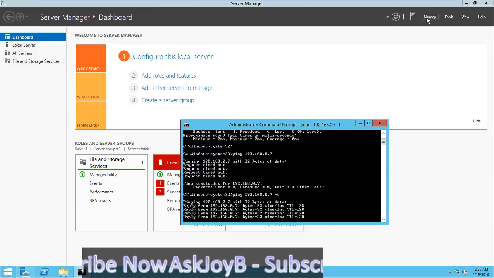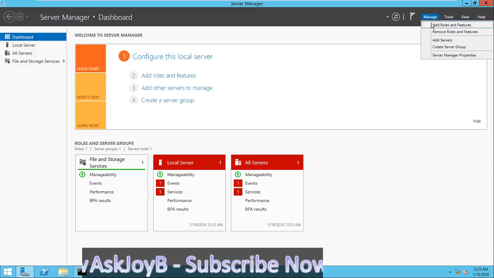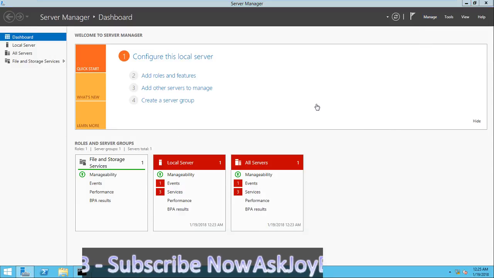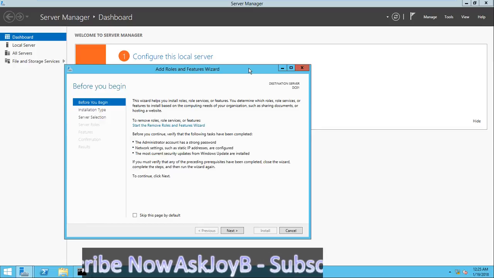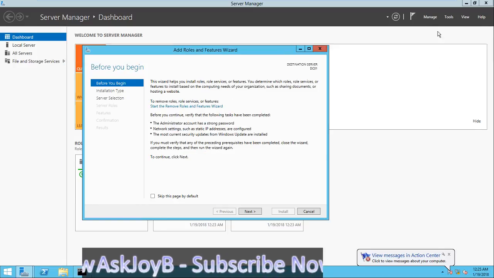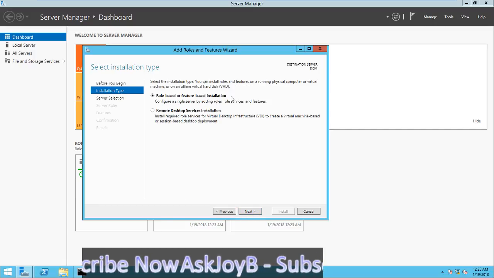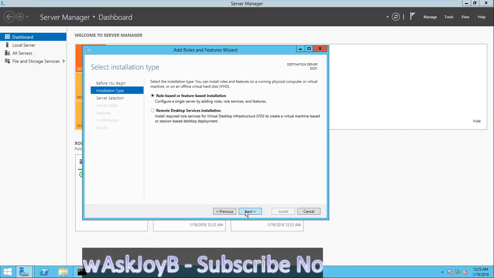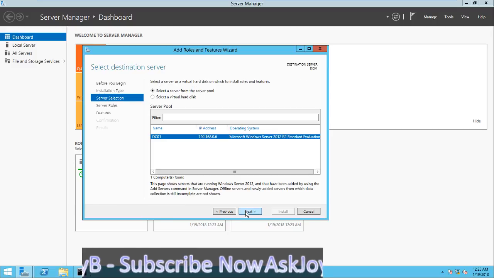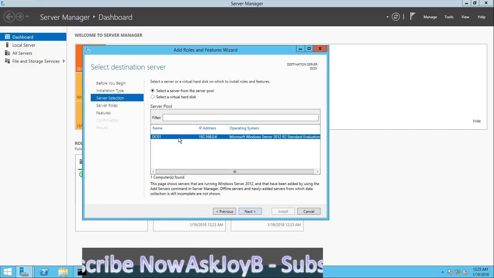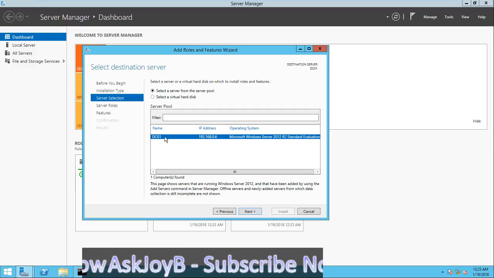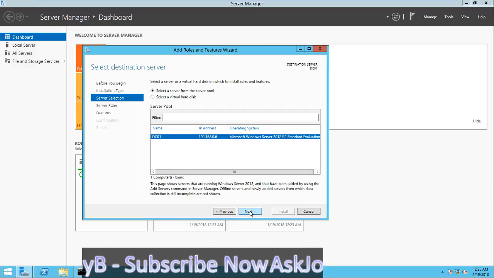Okay, so now what we need to do is install the Active Directory role. For that we need to go to Manage and then Add Roles and Features. We will click next, and it should be role-based or feature-based installation. I will click next here, and after that we need to select the particular server on which we need to enable the role. Right now by default it is set up as DC01. I will click next here,